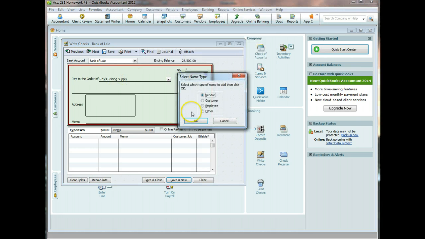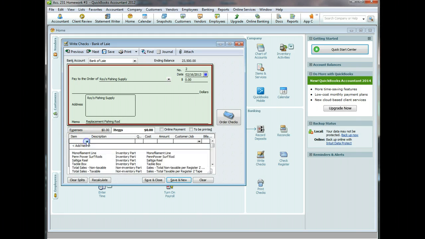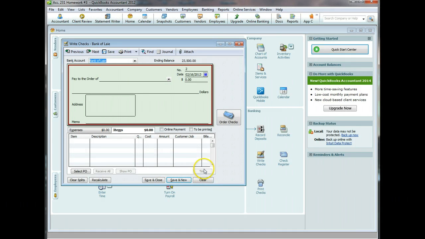I add it. Done. This is the replacement fishing rod. Okay. And there's two ways to do this one. I can go to items and I can pull up the Penn Power surf rods, but we're not going to do that this way because we want to make sure. I just cleared it. Okay. What we're going to do instead, replacement fishing rod,